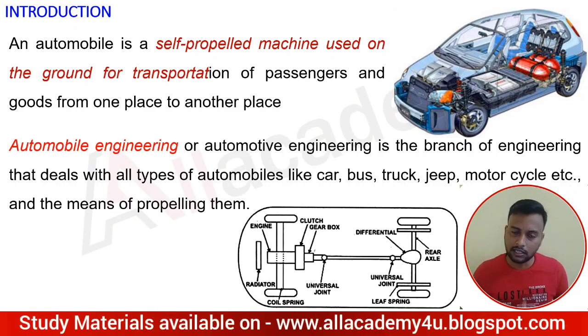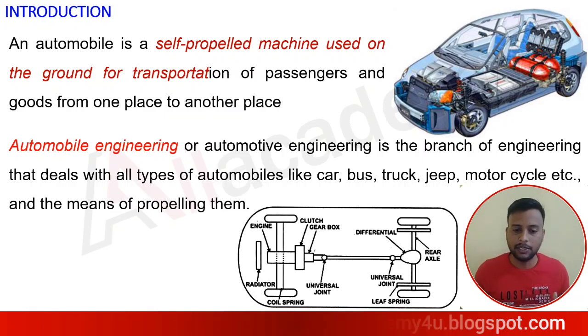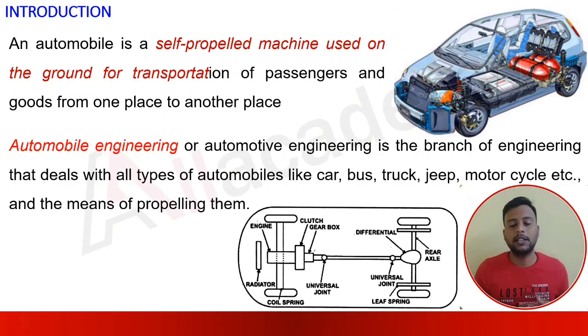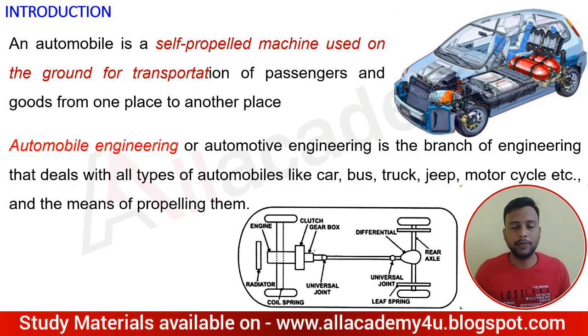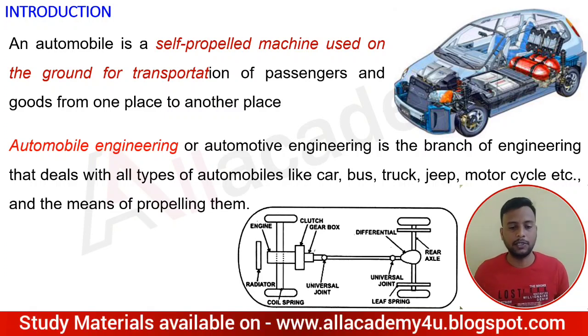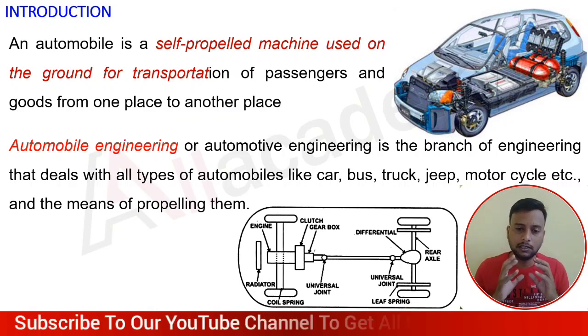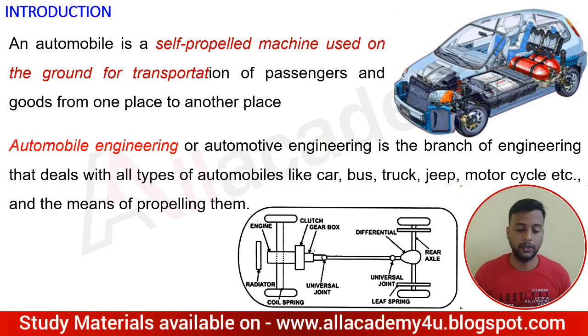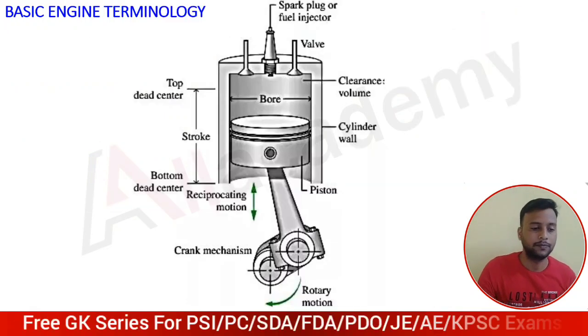Even if you consider the car, the wheels will be there, engines will be there, clutches, gears, differential gears will be there. Even if you take two-wheelers, some components will be reduced. Directly you can see the engine connected to the wheels, then clutches will be there, gears will be there, cooling systems will be there. Everything remains the same, but these are the basic components that we are seeing in each and every automobile.